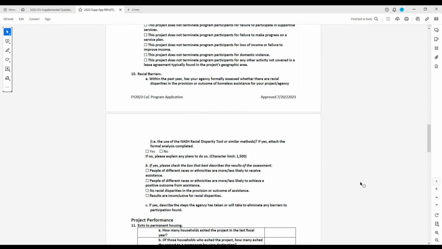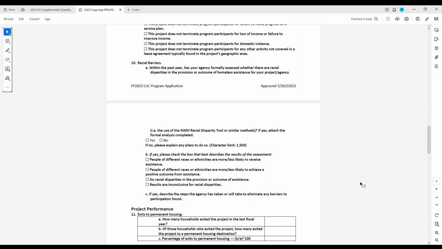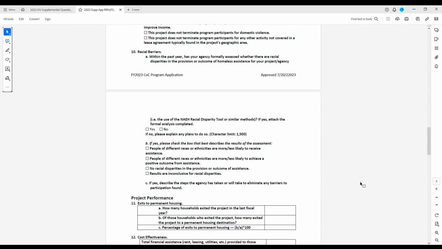It's a really great tool to really look at how your services may be inadvertently or advertently creating racial disparities. And we also want to know, okay, so you looked at it, so what are you going to do about it? And so the next questions are about taking some action steps to actually eliminate those barriers that have been found.